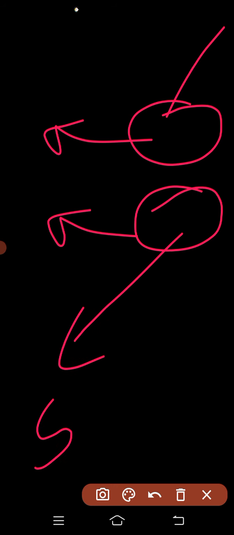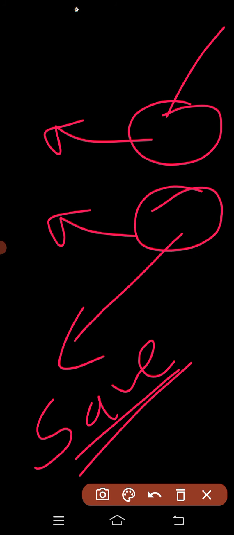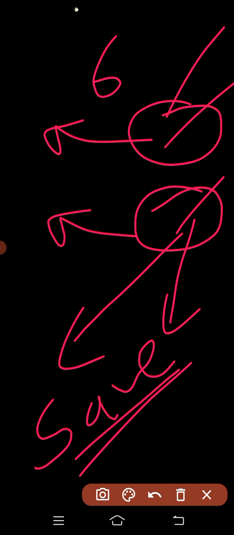Now verification. For this it will ask you two things. Send code. You will get two-way verification, one on mobile, one on email, so that it is safe, no hacking. It's very safe. I'll click both at a time. Make sure you click both at a time, that will be better. Immediately you'll get a code on mobile and on your email ID. You have to paste it here within 60 seconds, which is given for both. You have to paste it and your transaction will be successful.